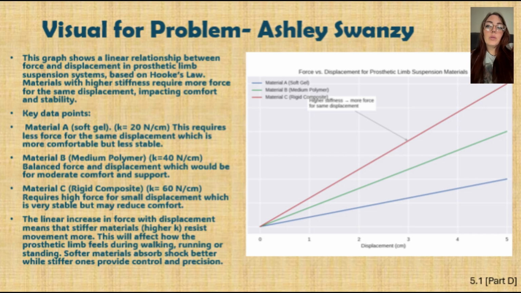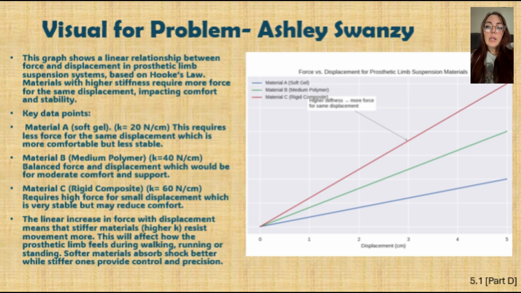So I'm using 3 different materials. Material A is a soft gel. This is going to require less force for the same displacement, which is more comfortable but less stable. And then material B, the medium polymer, is balanced force and displacement, which would be for moderate comfort and support. Material C, the rigid composite, requires high force for small displacement, which is very stable but may reduce the